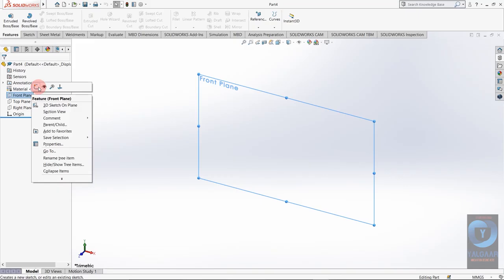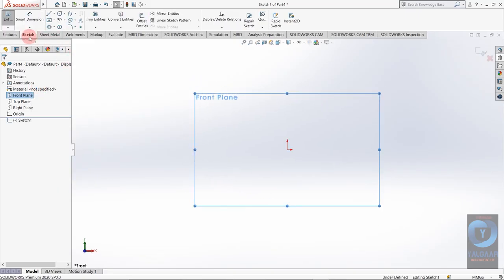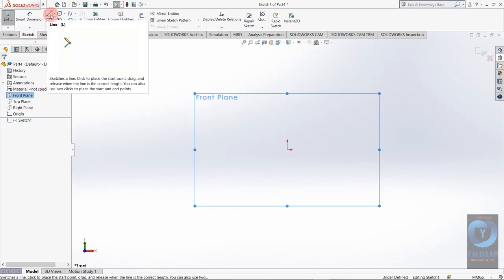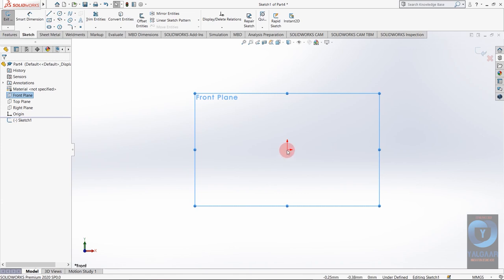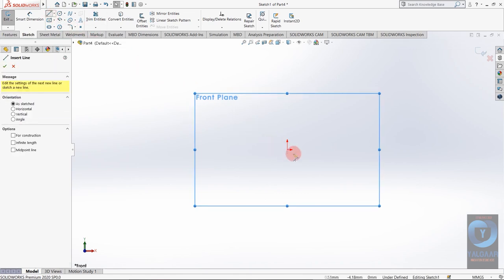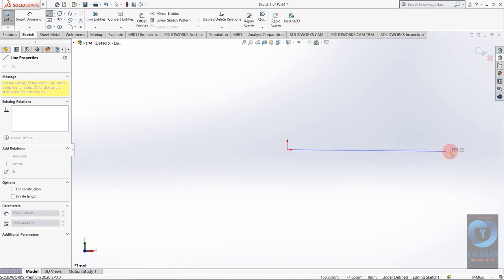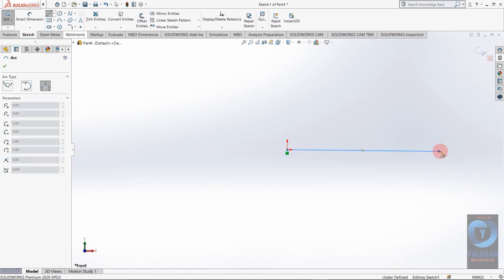So first of all I am going to sketch a guide curve for the tube. I am going to sketch it randomly. Another part is 3-point arc.